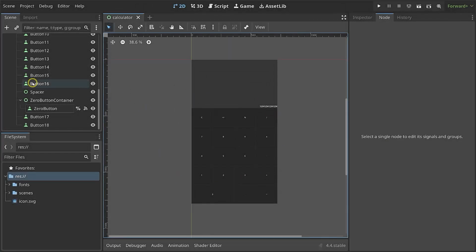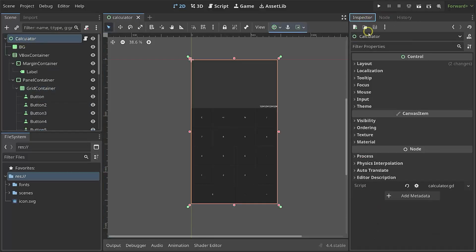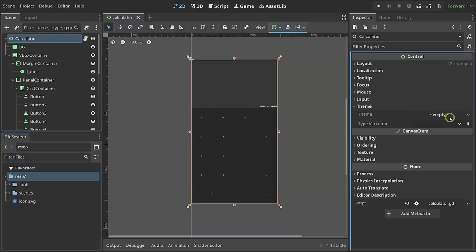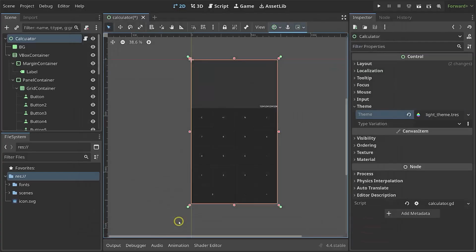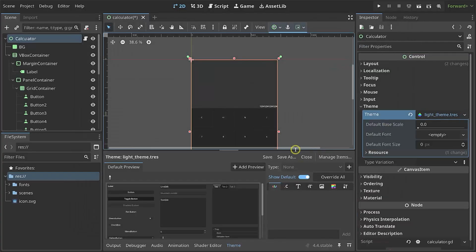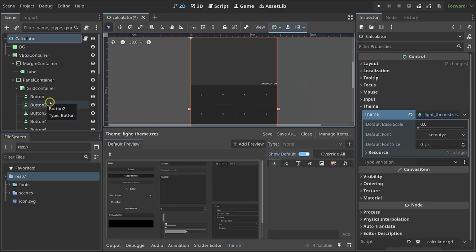Back inside of Godot, with the root node selected, I want to add a theme, which means inside of theme, I want to create a new theme, which I guess we can save right away. So save as light theme. The folder is fine, click on save. Now we can click on the theme and we get the theme editor. Let me adjust it so we can see kind of what's going on. I guess this part works. Once we have that, we pretty much have to go through all of the nodes and style them